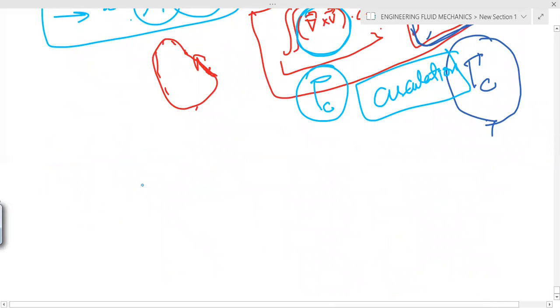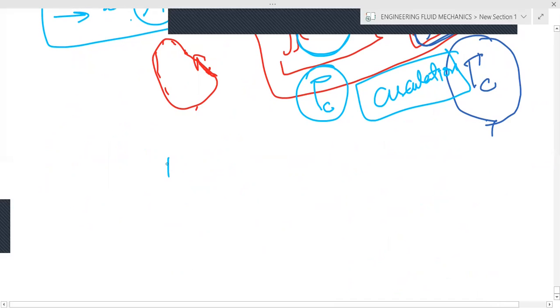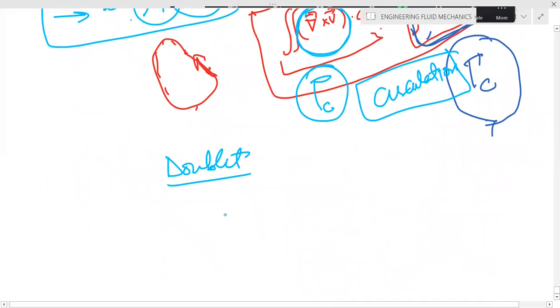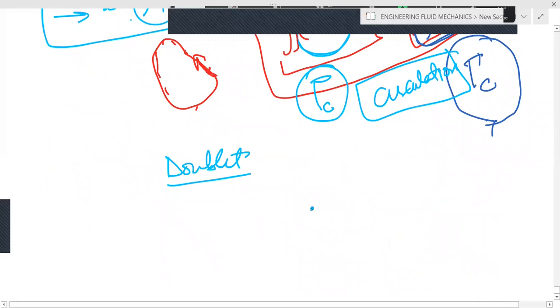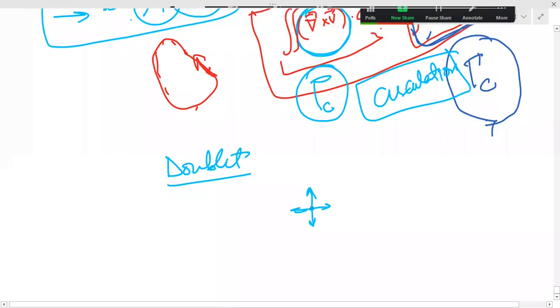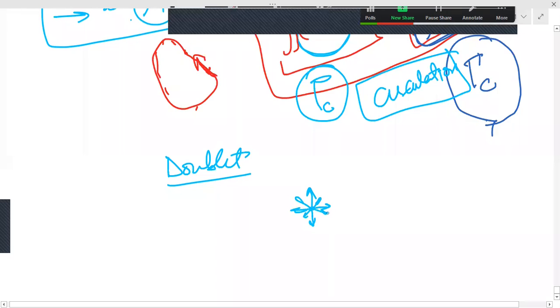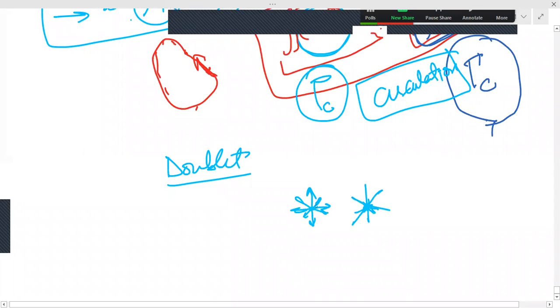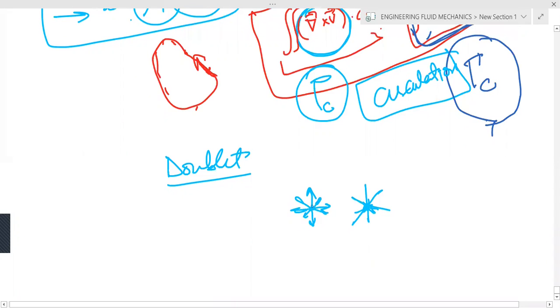Now I'm coming to another elementary flow region, and that is called a doublet. Doublet का मतलब क्या है? एक आपके पास सोर्स है और एक आपके पास सिंक है, और ये आपस में बहुत क्लोज हैं। तो फ्लूइड कैसे फ्लो होता दिखेगा आपको? कुछ ऐसे।